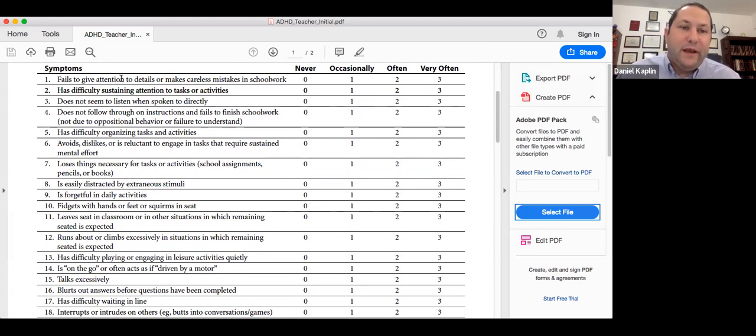We see fails to give attention to detail or makes careless mistakes on homework, has difficulty sustaining attention or tasks, does not seem to listen when spoken to, does not follow through on instruction or fails to finish homework, has difficulty organizing tasks and activities, avoids, dislikes, or is reluctant to engage in tasks that require sustained mental effort, loses things necessary for tasks or activities such as school assignments, pencils, or books, is easily distracted by extraneous stimuli, and is